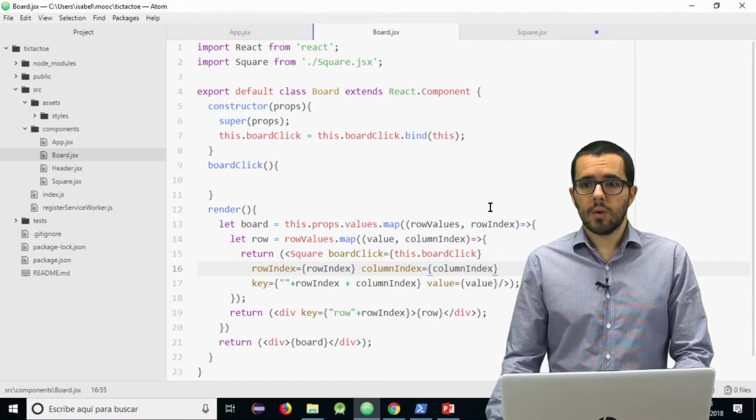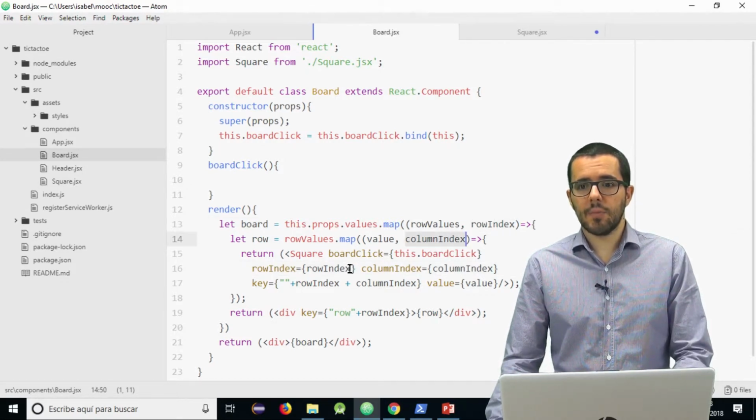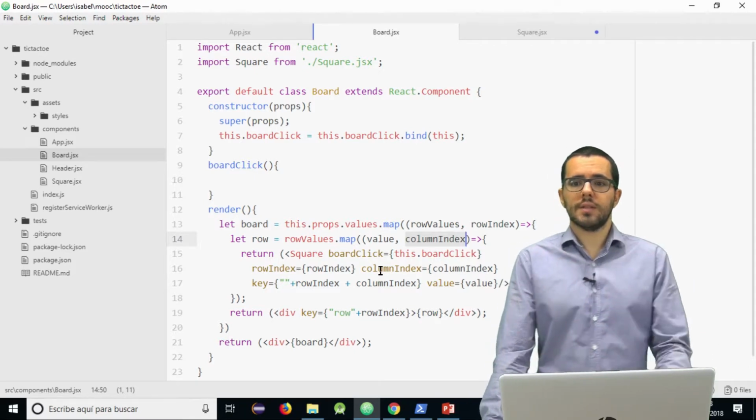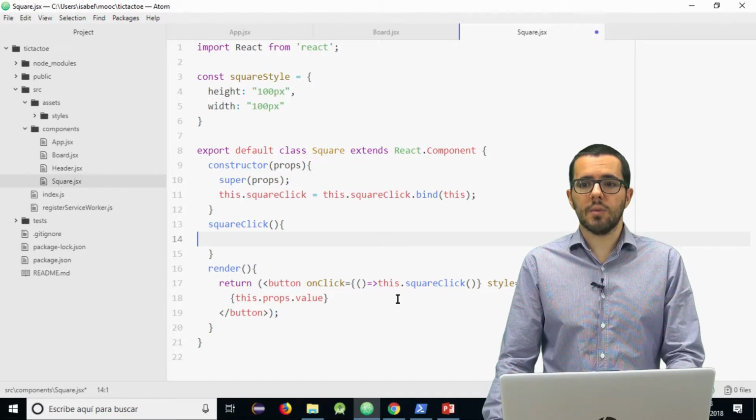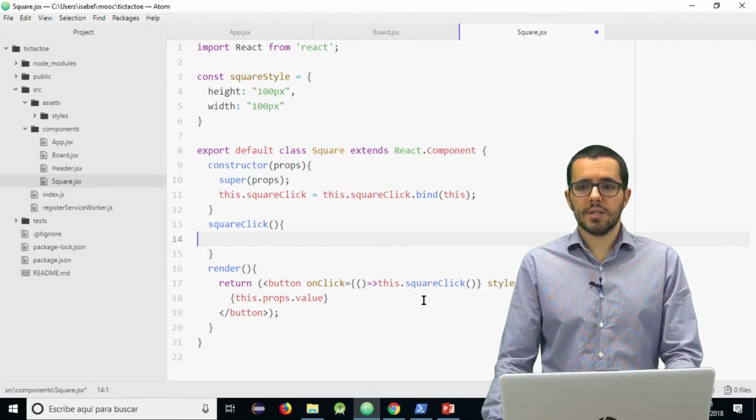So now, as the board knows, because it is doing a map with the values, it knows the row index and the column index, and it passes the information down to the square. Now the square knows the row index and column index. What are the names of these?